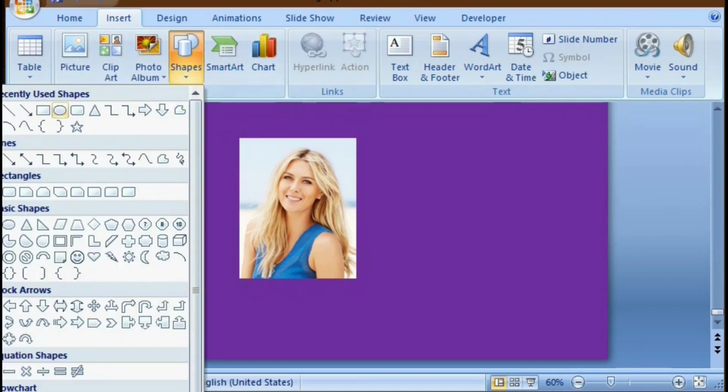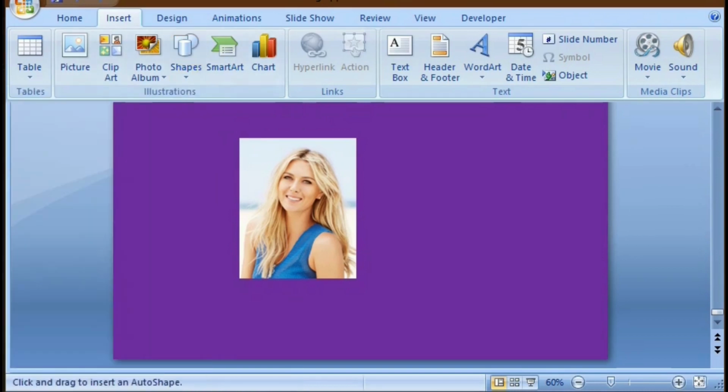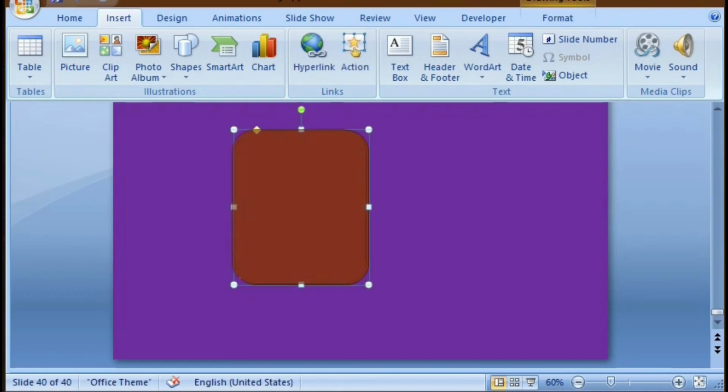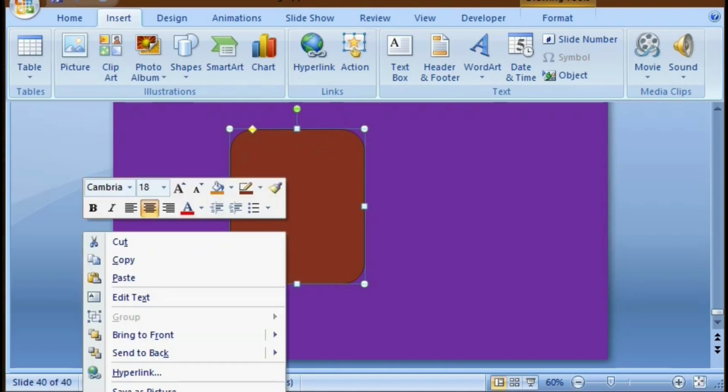Suppose you want to make some border for that image, then you can also select from the shapes whatever border you want, then click it over that image. You can adjust your border. Then you have to right click that shape,